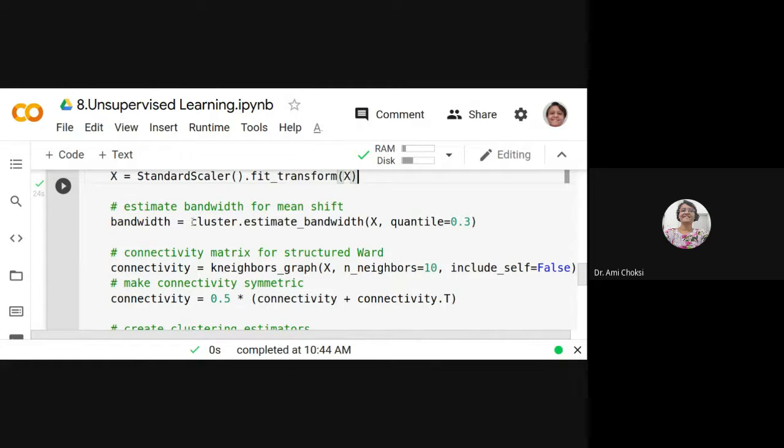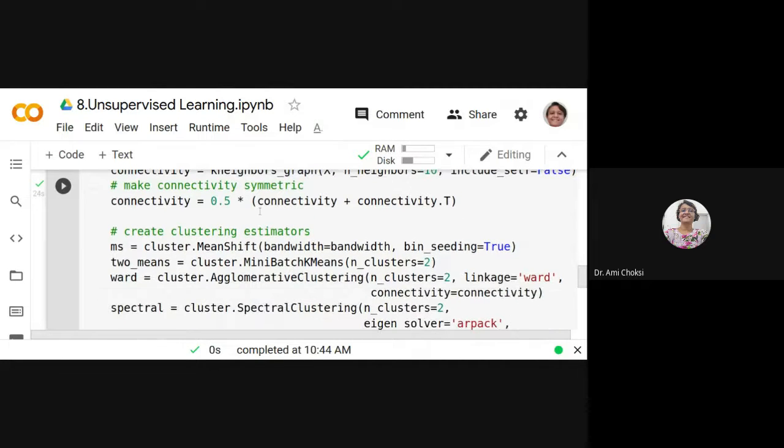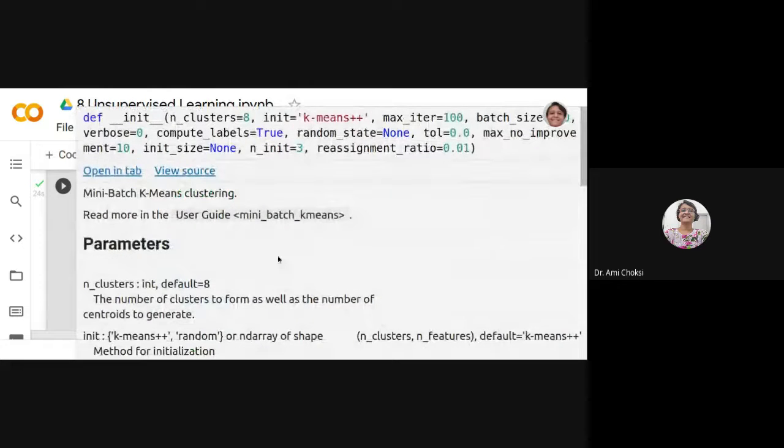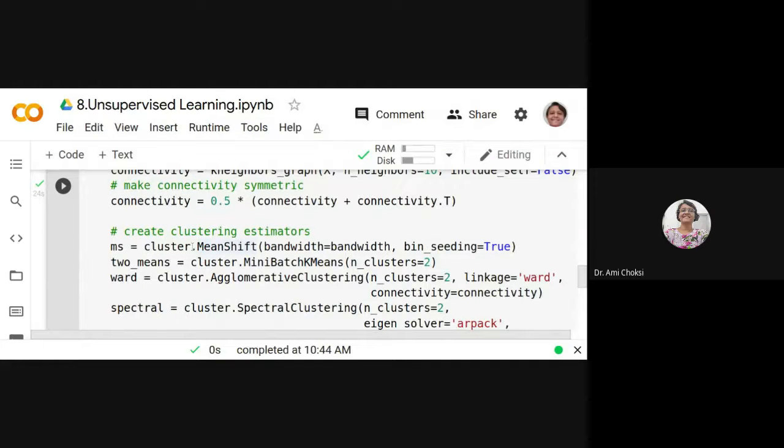Then we are having the bandwidth for mean shift, for different algorithms, whatever things are there, isn't it? For mean shift, we are having estimate_bandwidth. For k neighbors, we are having the kneighbors_graph, that is for the Ward algorithm. Then for our mean shift algorithm, what is required is that we make the object of it, right?